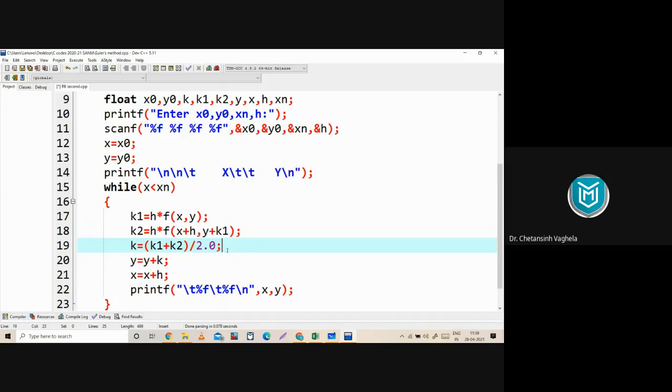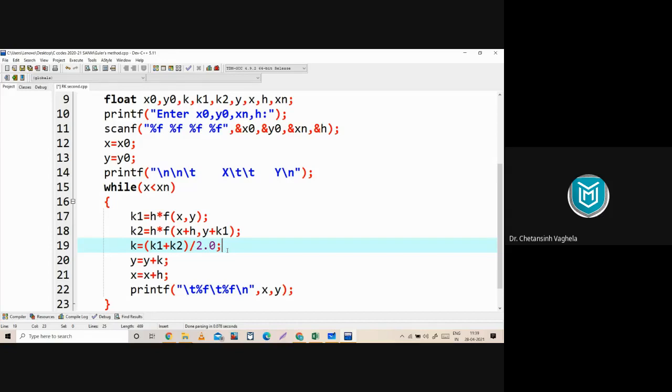Similarly, when you are converting the RK second order program to RK fourth order, you need to use K3 and K4 also. So using that formula, you define K3 and K4 in your computer program, and then you calculate your value of K. Again, the rest of the part will be the same. No need to change anything. Just introduce K1, K2, K3, K4, and then calculate K. Right? So that's what you are going to do in RK fourth order. Now we have made all the changes for RK second order.